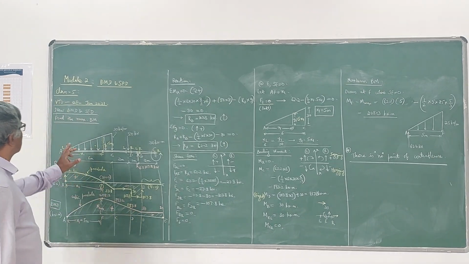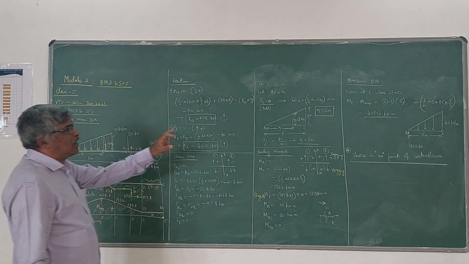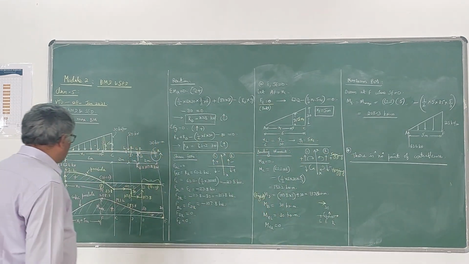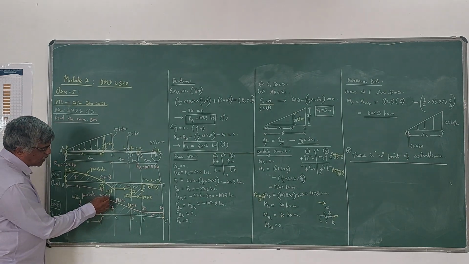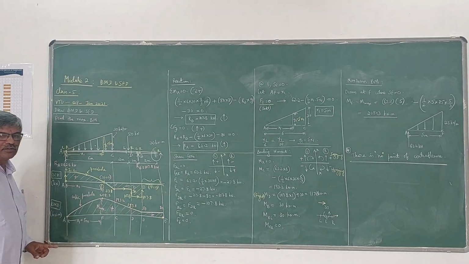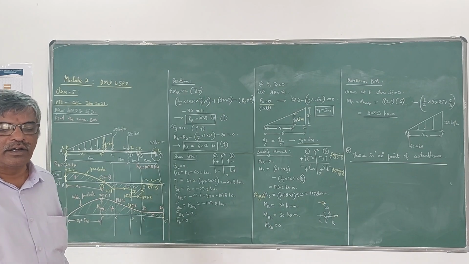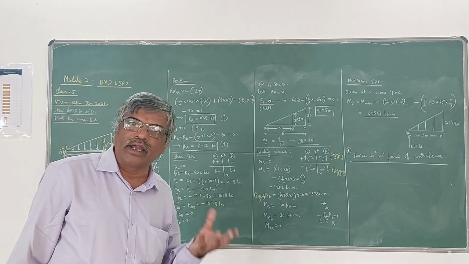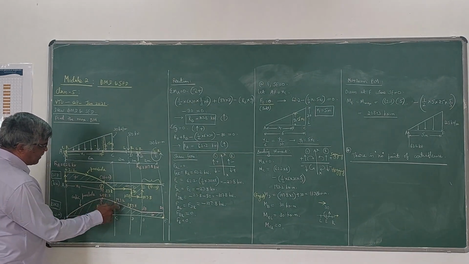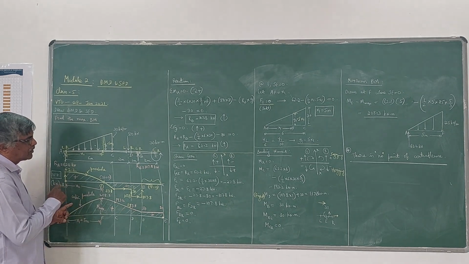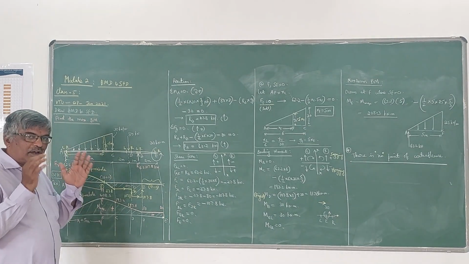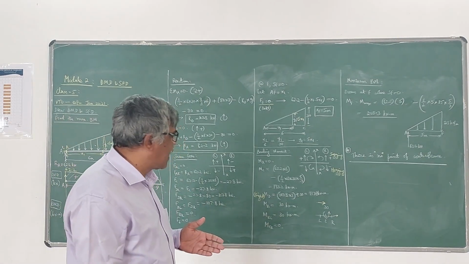That's why the point of contraflexure is not asked; we only need to find the maximum bending moment. The maximum bending moment we have also found out. Its value is 208.3 kN·m at the point F. So you also have to locate that here at the point F; 208.3 kN·m is the maximum bending moment. Join this by a cubic parabola. The profile of the bending moment diagram when the beam is carrying a triangular load is a cubic parabola. So from A to C, the profile of BM is a cubic parabola, and the profile of SFD is a parabola. Those profiles you should know. In the earlier lecture, I have explained all those things.